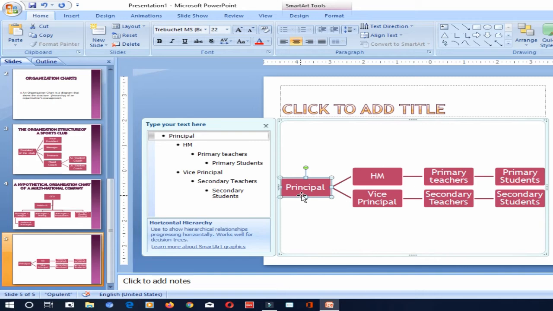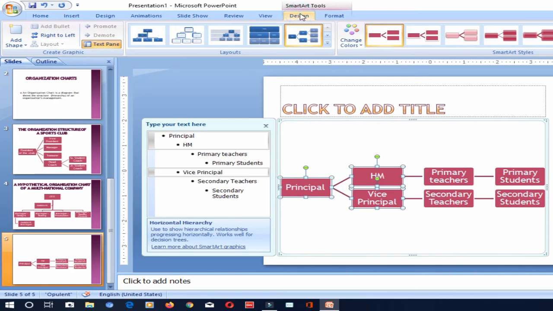So now you know how to add the boxes, how to delete the boxes, how to promote and demote the boxes. Okay, now let's see how to change the shape of the box. Secret principal, I want to change the shape. So just click on the box. Okay, if you wanted to change multiple boxes, you can do it by clicking with the control button, control click using the move handle. I'm going to change the shape of these three boxes now.